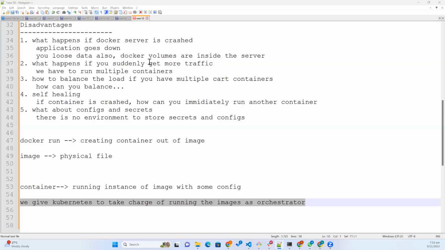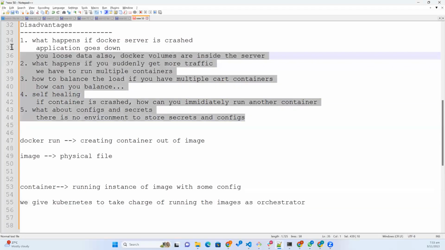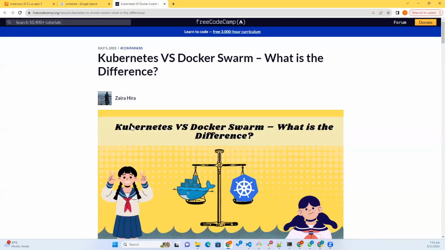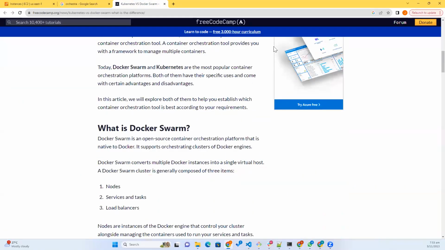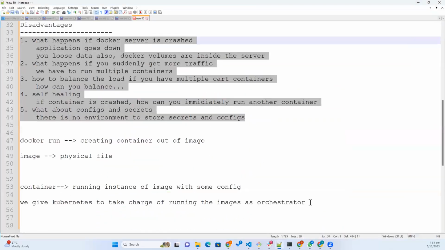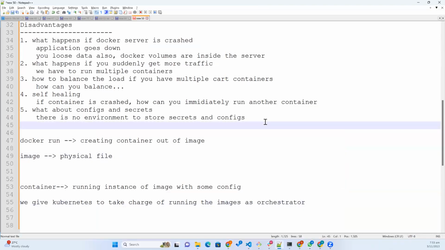Docker containers were originally not designed for a scalable environment. They originally concentrated on images, and then they came up with Docker Swarm, but that is also clearly not scalable to the current environment. So we are going to have Kubernetes, and in Kubernetes we can see better networking also. The advantages of Kubernetes over Docker Swarm are